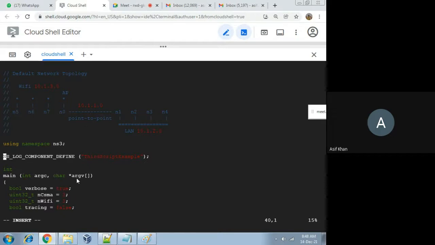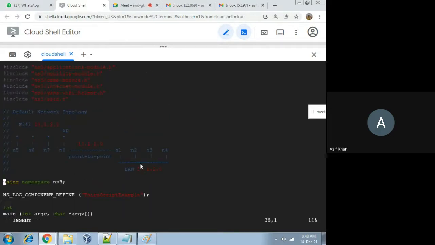Okay. So in this example, actually, I will give you a question to increase the number of these CSMA nodes. You will be asked first to add the flow monitor code to this code, and then increase the number of the CSMA nodes, and then find the performance.